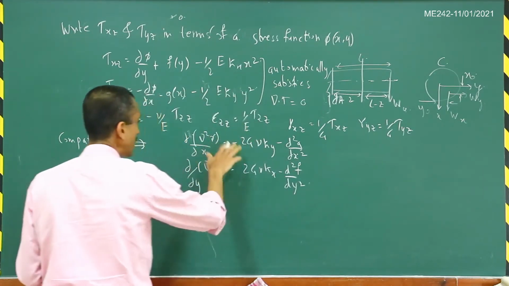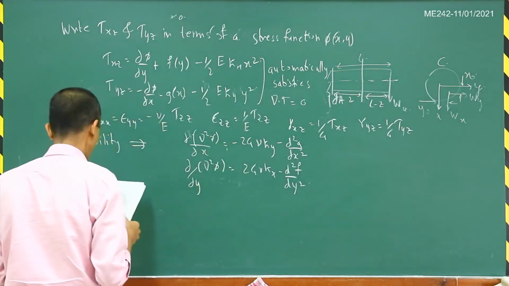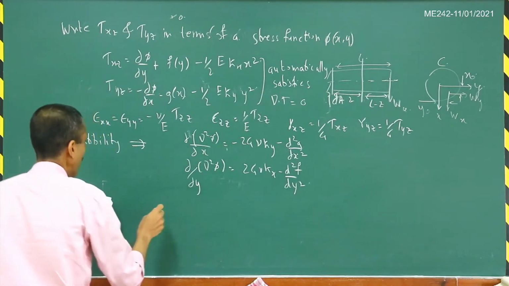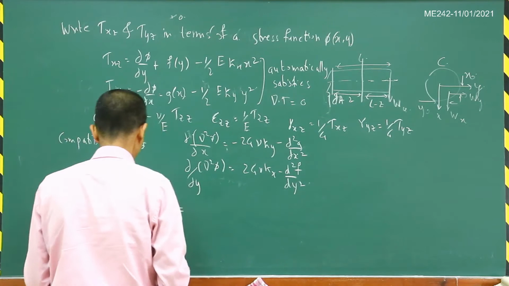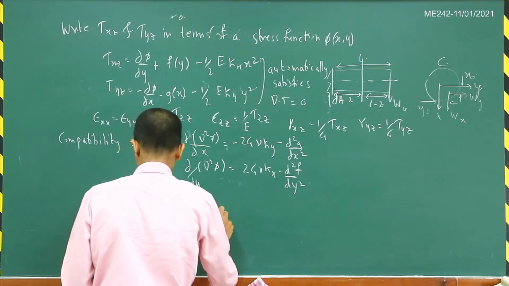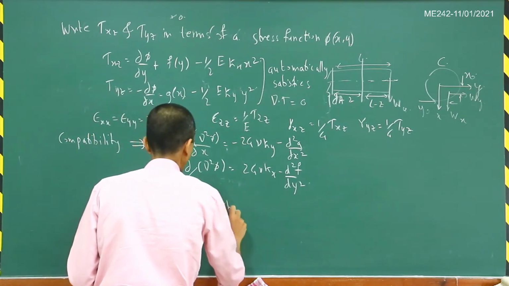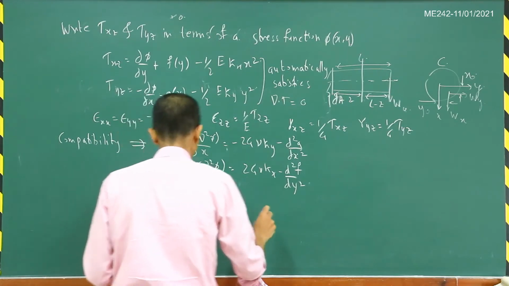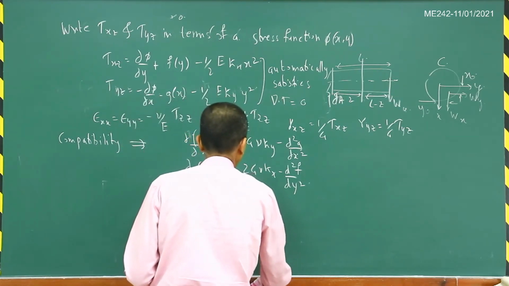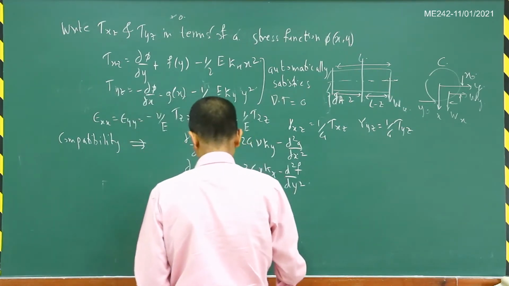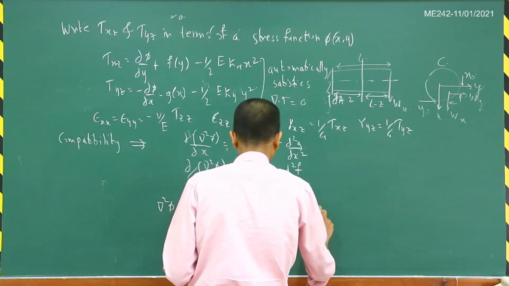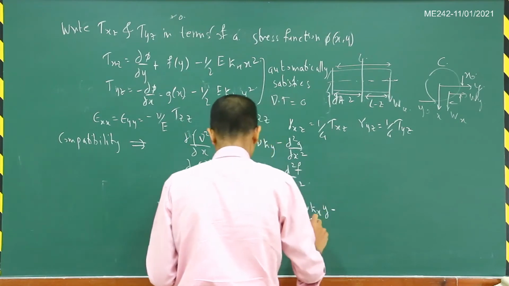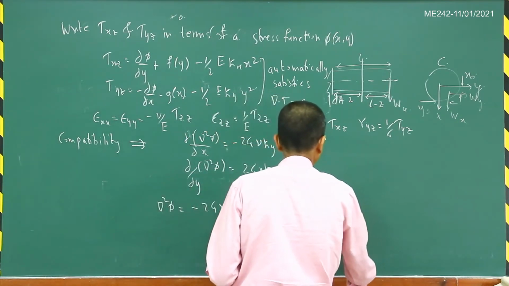If you integrate these two compatibility relations, you get del square phi is equal to minus 2G mu times kappa y times x minus dg by dx, plus 2G mu times kappa x times y minus df by dy,